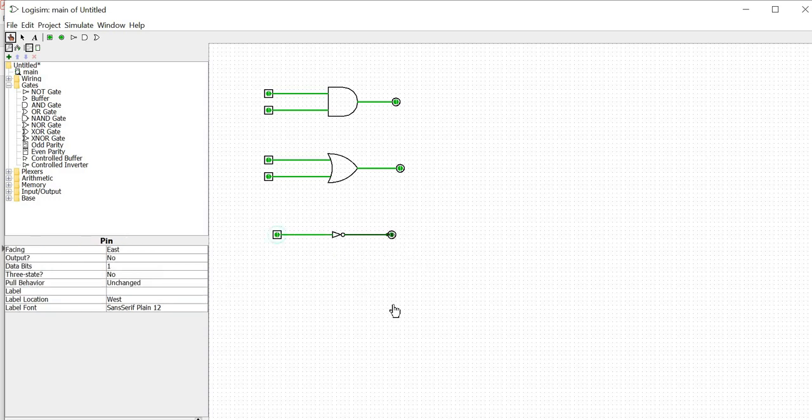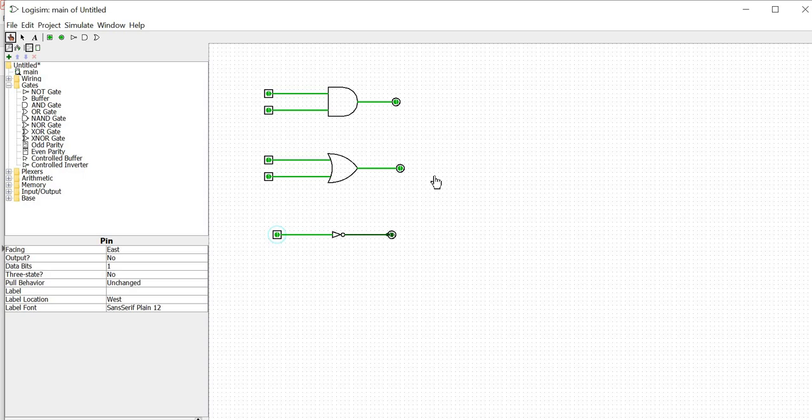So this is the way of constructing the logical devices. Here I have taken three gates: AND gate, OR gate and NOT gate, and I have applied inputs and verified the outputs in these three cases. Like this we can verify the remaining gates like NAND gate, NOR gate, XOR gate, XNOR gate. All these gates we can place, and similarly we can apply the inputs and see the outputs.